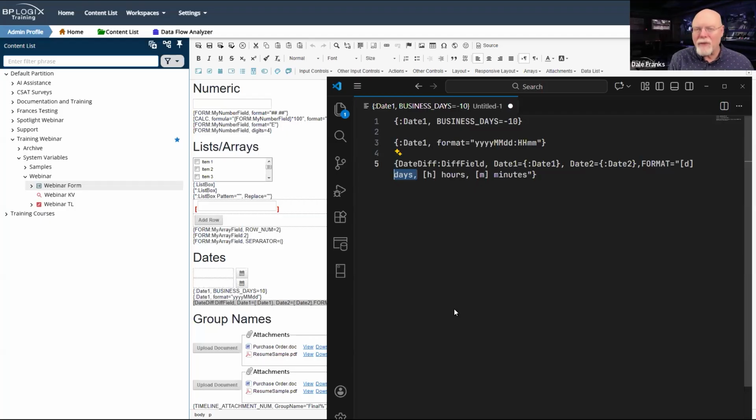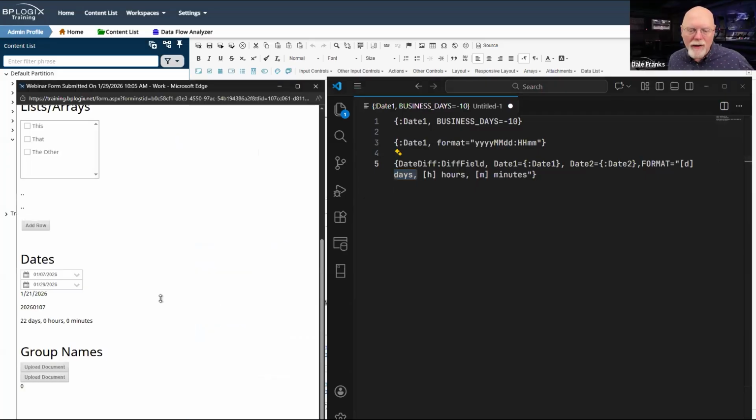So it gives me a lot of flexibility when I'm dealing with a time span data type for determining how I want things to appear whenever I return my value. So in this case, what that allows me to say, it's 22 days, 0 hours, and 0 minutes.